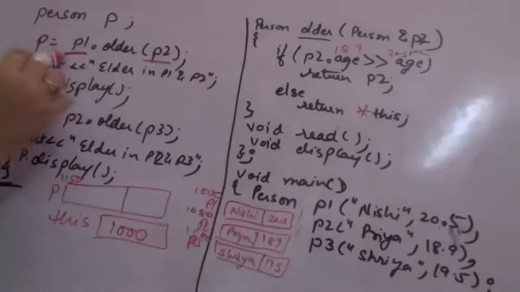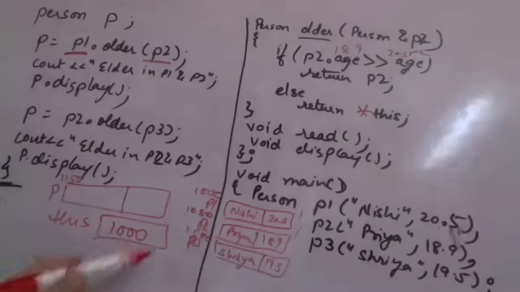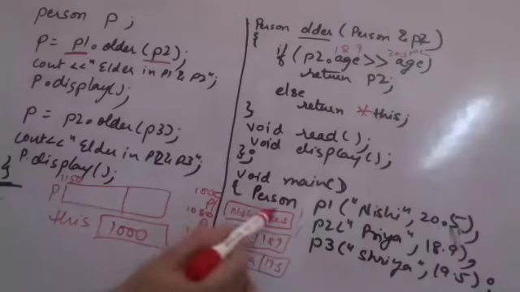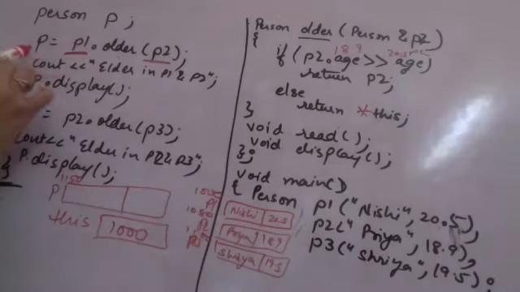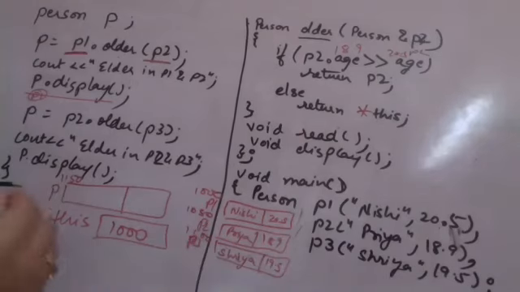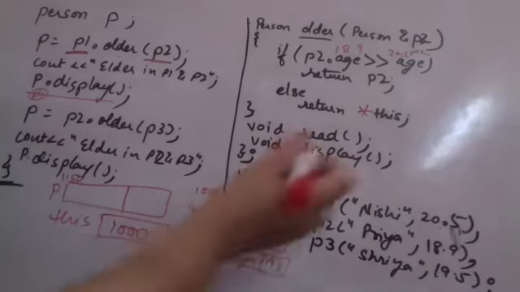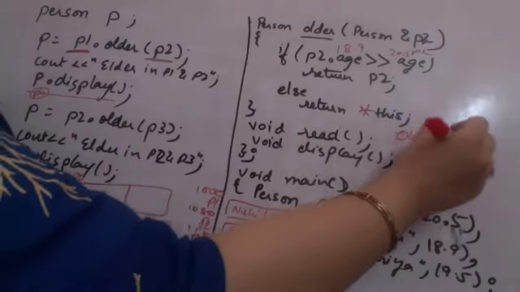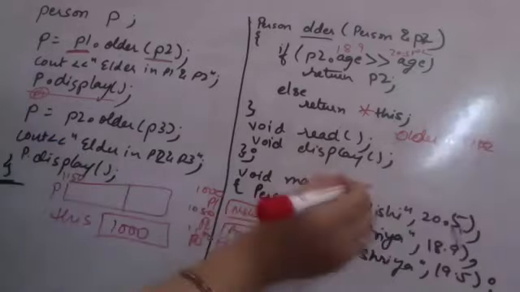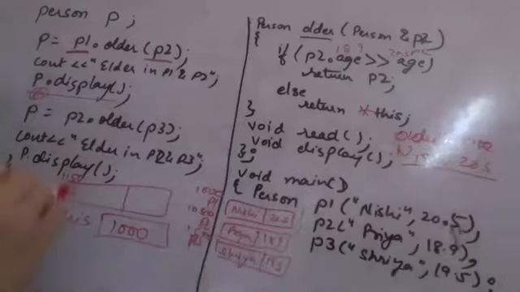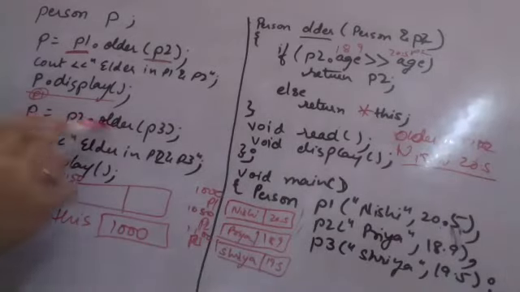When P1 dot older is being called, this is pointing to 1000. Since I will be in else, value at this is whatever is there at 1000. 1000 पे क्या है? पूरा object P1. So P1 में P1 is returned. So when I am calling P dot display, P1's value. So the output here that will be coming out from this was P1 is Nishi 20.5. So the first output that I am getting is older in P1 and P2. This is the question here. So here I will be getting Nishi and 20.5. This will be printed.